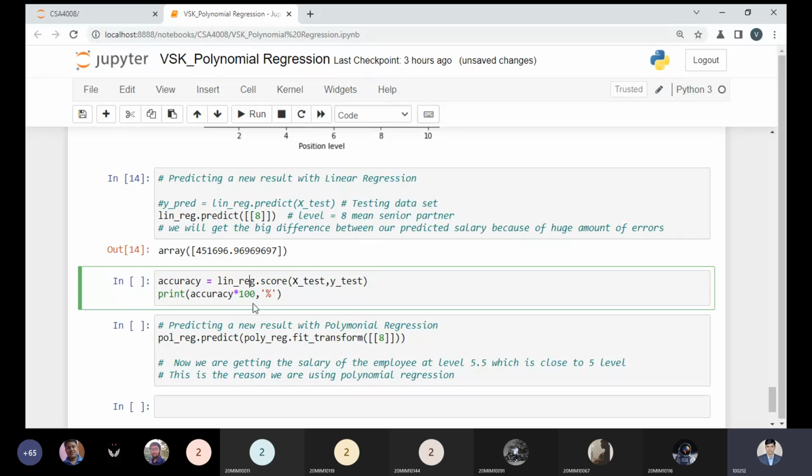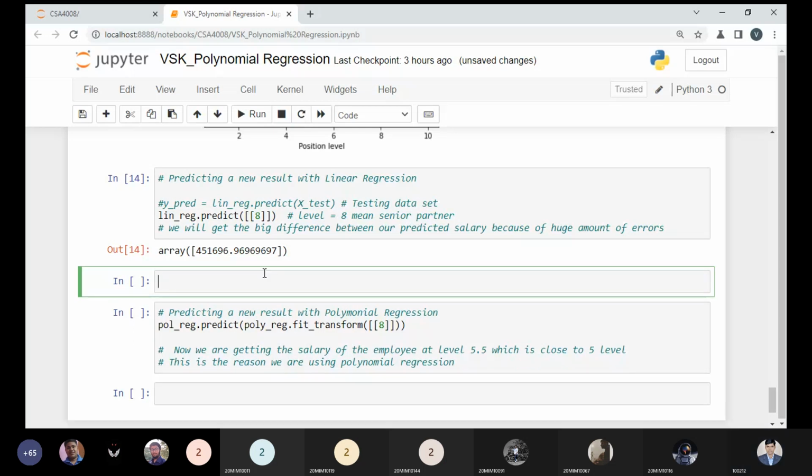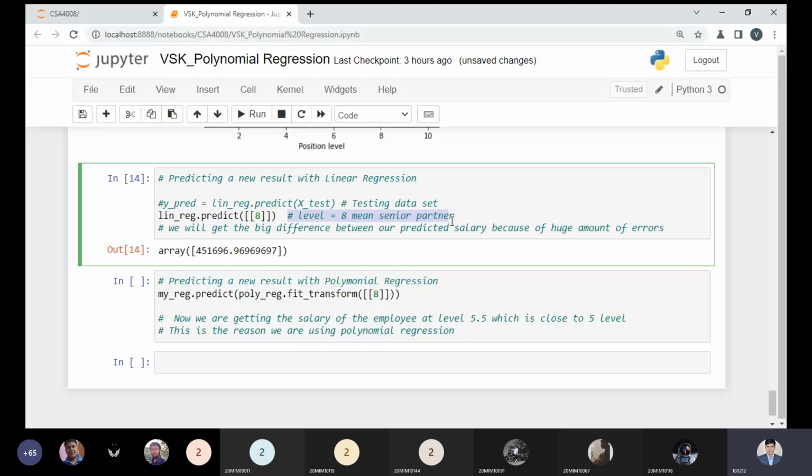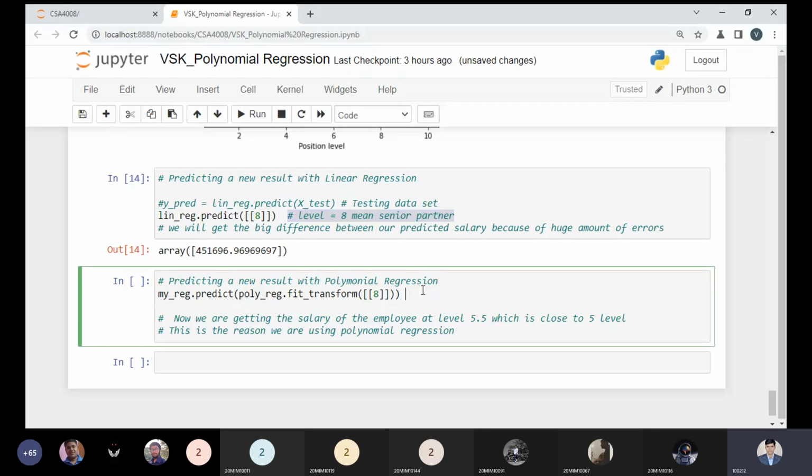Same level, if I need to pass it to our polynomial regression, I pass the same thing here to check what we really get. With the help of the polynomial regression object I have created my regression, and I'm passing the same level, that is 8.